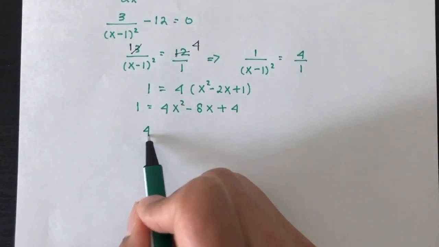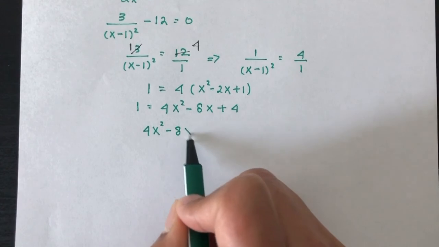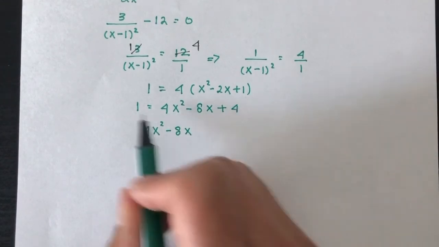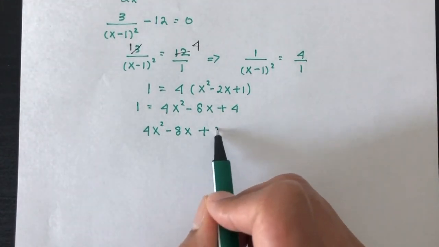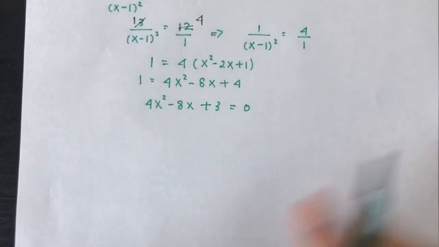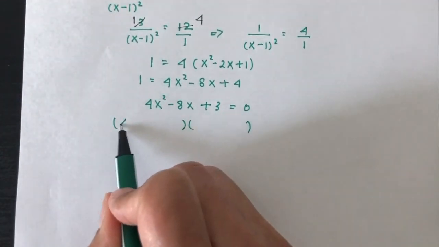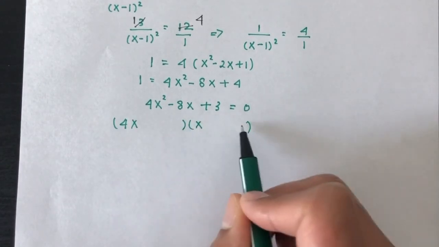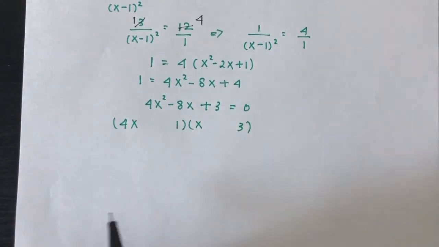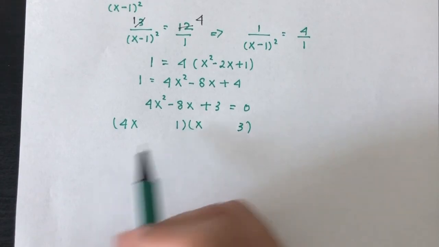Now simplify. You have 4x squared minus 8x. So now we have to send this one over here, so you become plus 3 equal to 0. Now let's factorize and see what are the possible values. So we have 4x here, we have x. 3 is 3 times 1. So here we need minus 8. We can have,